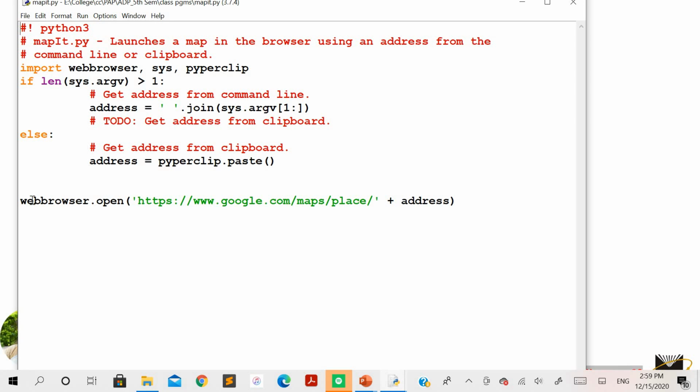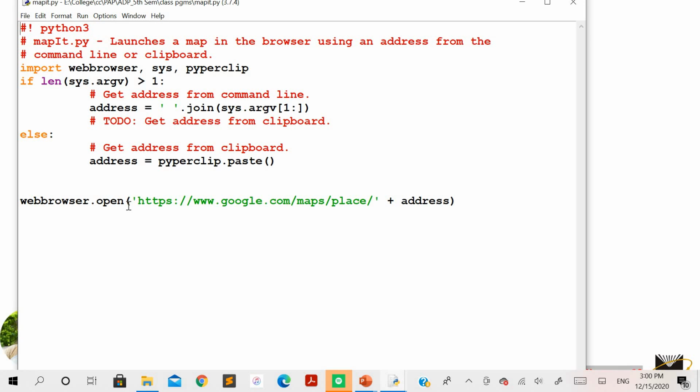So once that is done, the next thing is very easy, where you need to open that address now. You want to open that address from the Google Map. So the URL of that Google Map needs to be taken with the open method, and along with that, you also want to specify which particular location from that Google Map to be traced. So the location that you want to trace from the Google Map is stored in a variable address. So that's why you can see here, to this string we have concatenated the value that is stored in the address variable here. So in total, it means that you are trying to open or locate this with the Google Map with the help of this open method, right?